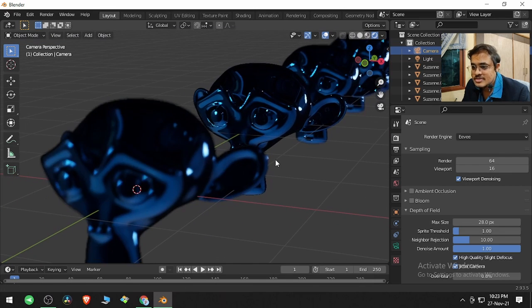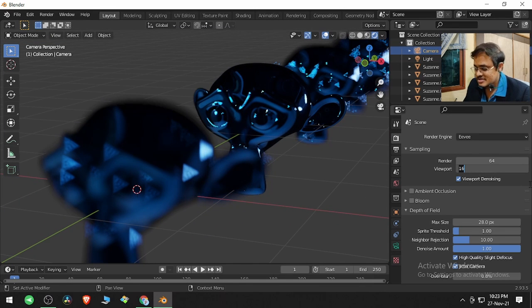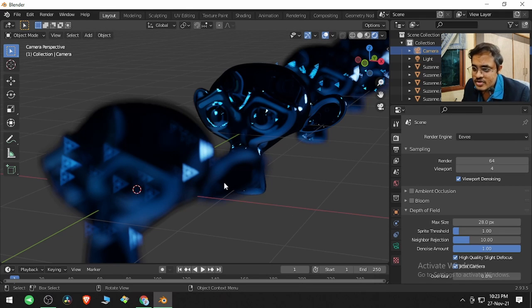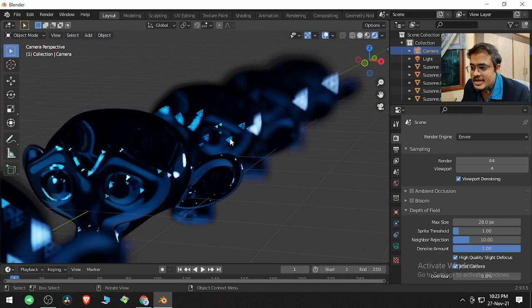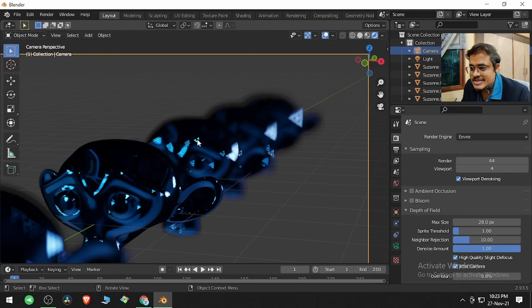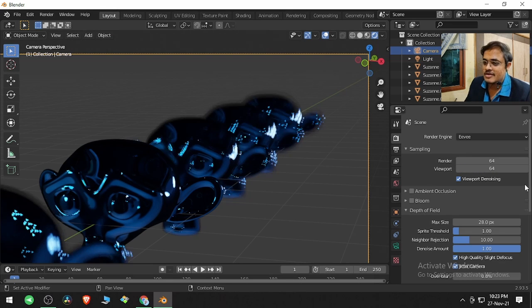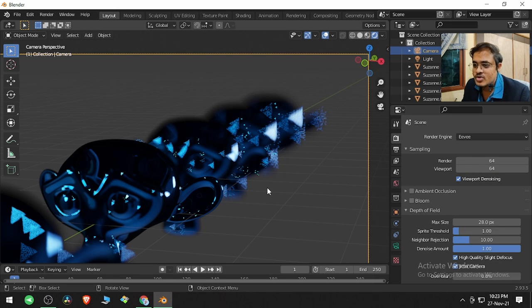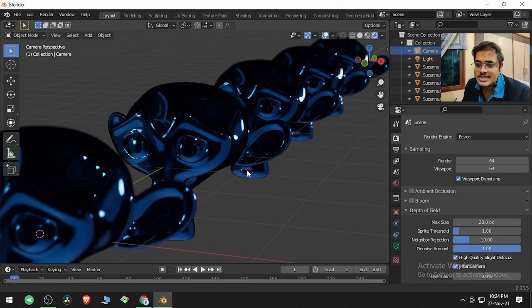smaller bokehs. If I reduce this viewport sampling value from 16 to 4, it's going to give me 4 samples. If you go over here, you are able to clearly see that there are these samples. And if I increase this sample to a very high value like 64, it's going to apply 64 samples in that blurred region.